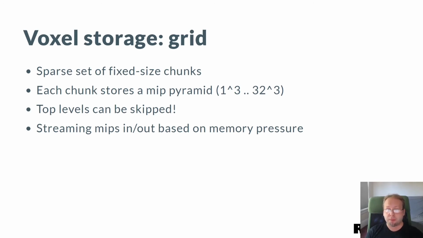individual levels in each chunk based on the proximity to the player and based on the available memory on the device. So it can say that the chunk that's close to the player needs all MIP levels, but the chunk that's really far away maybe only needs the very last one, or maybe 1 or 2 last MIP levels. So this is great at reducing memory consumption, obviously, but the image generation algorithms have to take some of this into account.